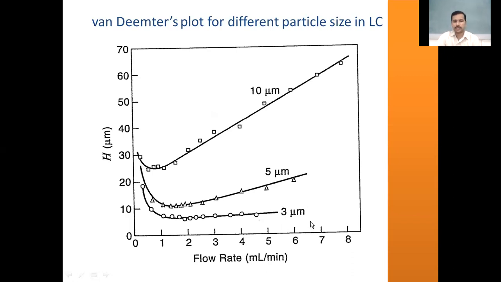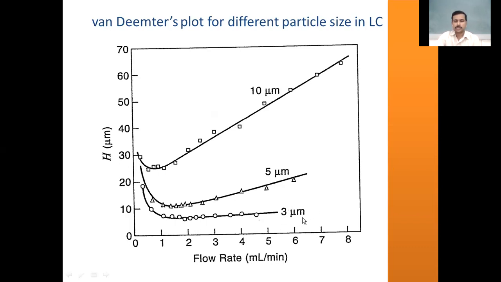So if you use the stationary phase particles of lower size, the diameter of the particle will also become lower. So the particle size will influence greatly the column efficiency by changing the plate height. That can be seen in this particular graph. So if you increase the flow rate while using the smallest stationary phase particles, there is not much effect on the height of the theoretical plate. Height of the theoretical plate almost remained constant when we use a lower size of the stationary phase particle.